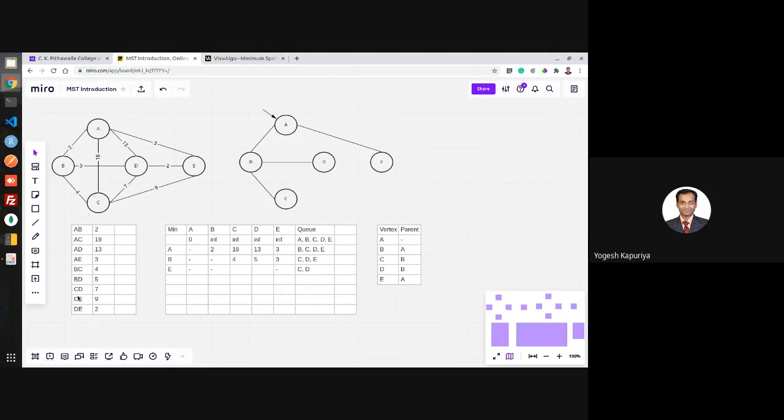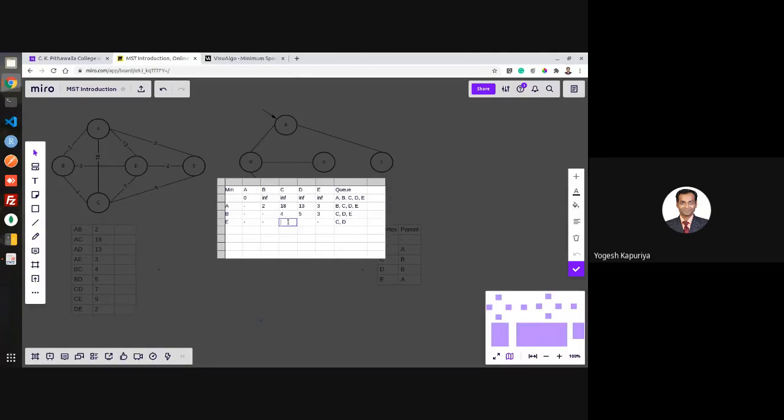Next is CE. The other endpoint is C. C is part of Q, so now you have to check the value of C. Value of C is 4, and the weight of CE is 9. 9 is not less than 4. So it means that this key value will not be updated. If your key value is greater than the edge weight, then only the key will be updated. So the C value will remain as it is, 4.